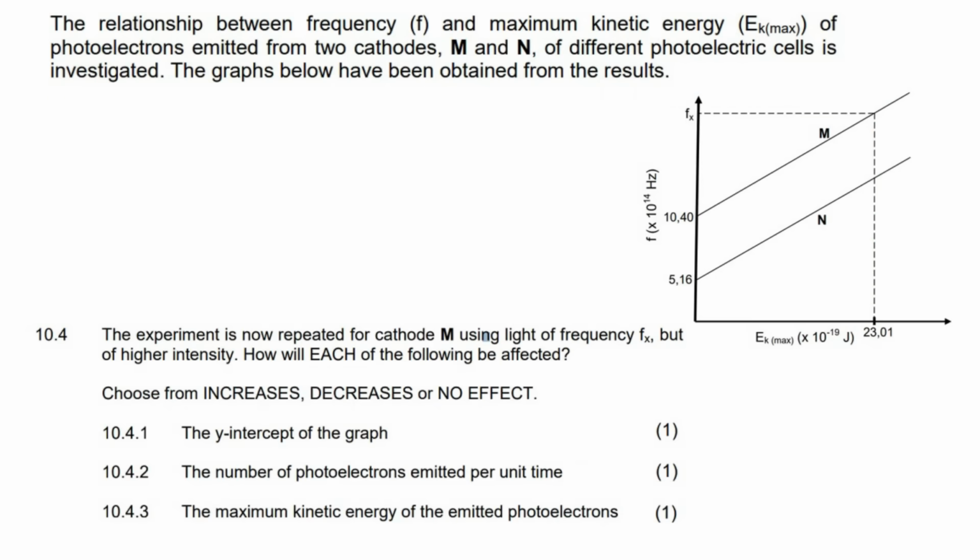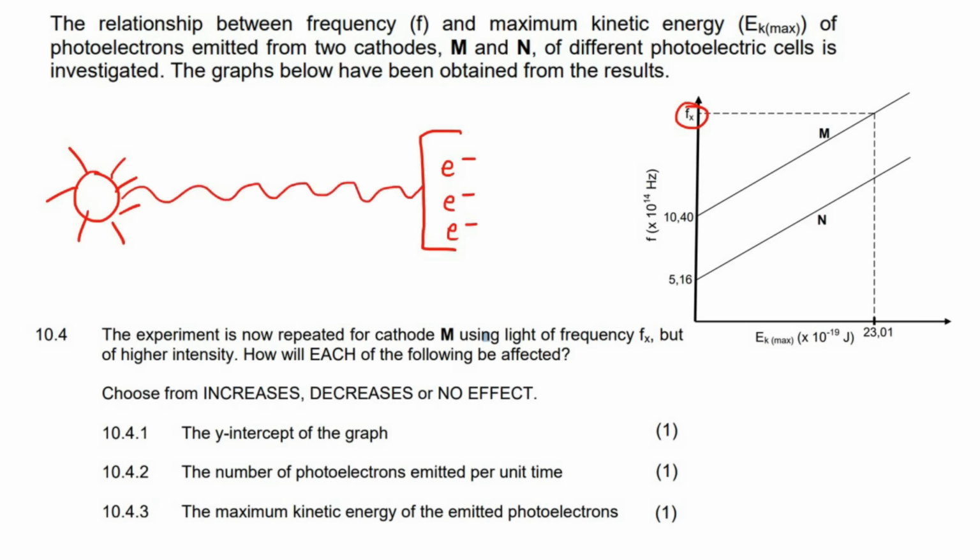And now for this last question, they say that the experiment is now repeated for cathode M using light of frequency fx. Okay, so we already worked that out, but of a higher intensity. Okay, guys, so remember what happens when you have a higher intensity. Let me quickly explain. So if you have a metal and you've got electrons, and you've got a light source, that light source is busy releasing light, and that light has a certain